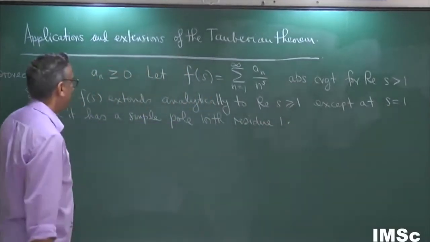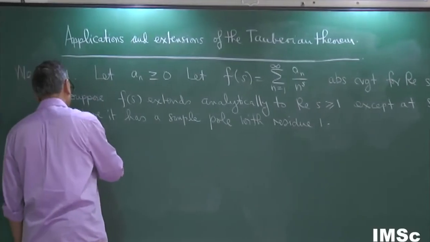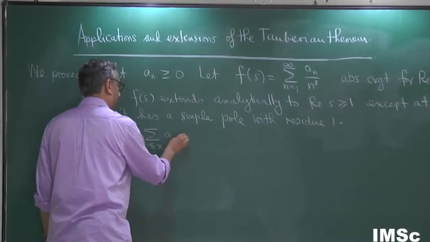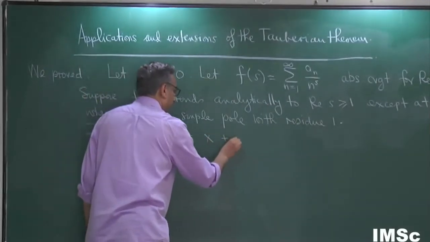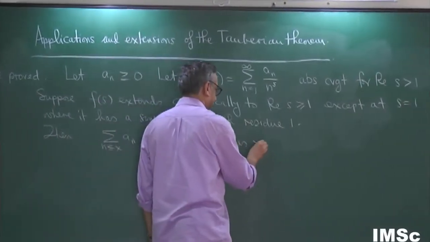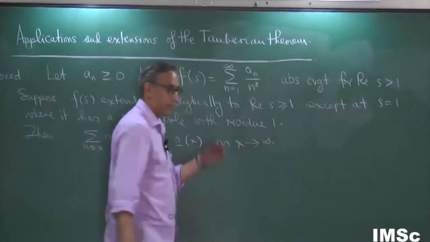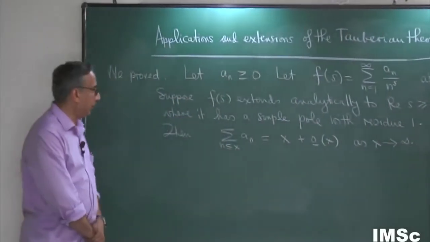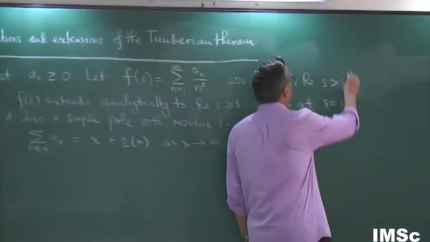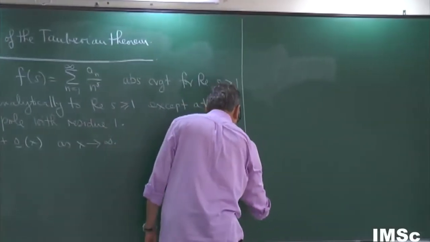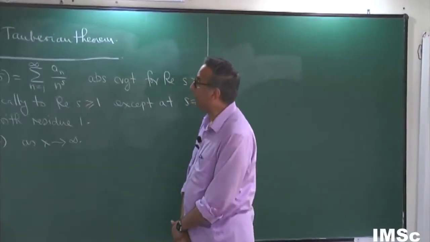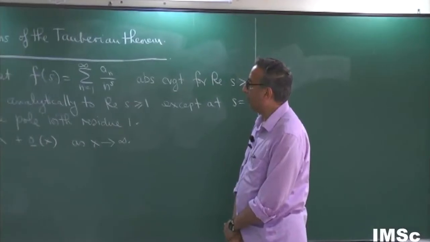Okay, these are the hypotheses. Then the conclusion is the summation over n less than x of a sub n equals x plus little o of x as x tends to infinity. This is the theorem we proved last time. So let's try to make a few remarks and try to relax and extend these things a little bit more so that we can apply this in a